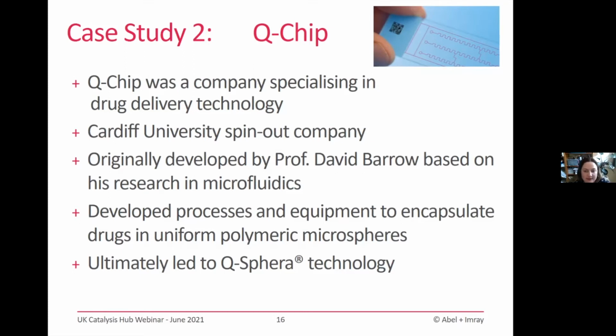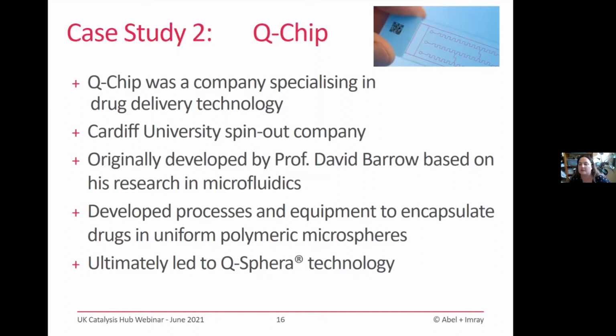It was established in 2003 by Professor David Barrow. And initially, QTIP was based around Professor Barrow's research interest, so microfluidics and lab-on-a-chips. And over time, those business interests evolved, and their main focus became drug delivery technology. So it's quite common when you have a startup company that in their early years particularly, they do evolve their